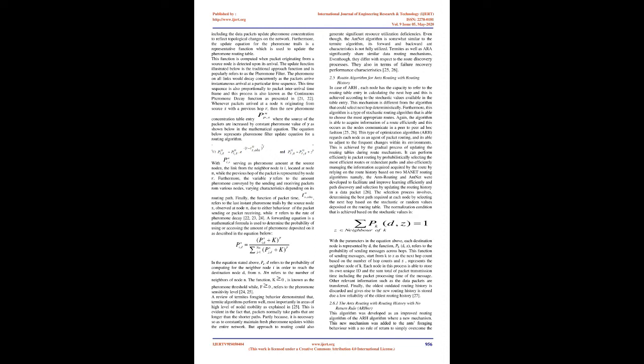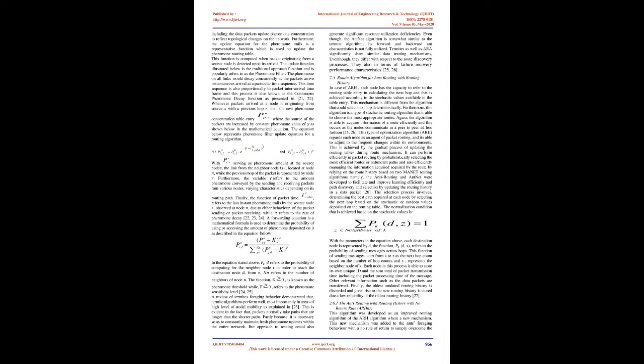NSPP. With serving as the pheromone amount at the source node, the link from the neighbor node located at node, while the previous hop of the packet is represented by node. Furthermore, the variable refers to the amount of pheromone conveyed by the sending and receiving packets from various nodes, varying in characteristics depending on its routing path. Finally, the function of packet time refers to the last instant pheromone trails by the source node, observed at node, due to either the behavior of packet sending or packet receiving, while refers to the rate of pheromone decay 22,